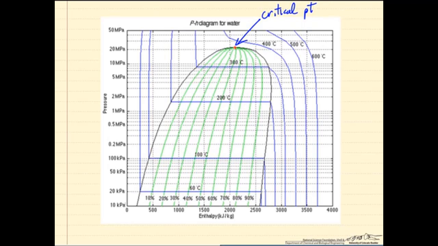And so what we want to do, let's look at first some isotherms to get an idea of how enthalpy depends on pressure at constant temperature. So if we look at 100 degrees C and we look over here at the line, which is liquid, we know the enthalpy is essentially independent of pressure to a reasonable approximation. At very high pressures, we see some slight increase, but liquids are incompressible, and therefore, not surprising, their properties don't change much with pressure. Now we go from liquid, saturated liquid, so this line along here is the saturated liquid line.